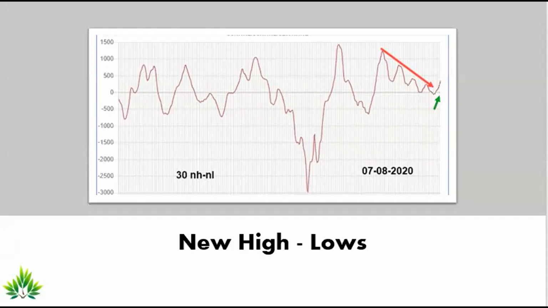This first chart is the 30-day new high, new low index, where there was a very strong bearish divergence, which means though the market was moving up, fewer stocks were reaching for new highs. This is a sign that the market is getting weak. This week there is a breakout. The new highs line started moving above the previous peaks. This indicates that the market is turning up, with more new highs getting registered on the 30-day lookback period.